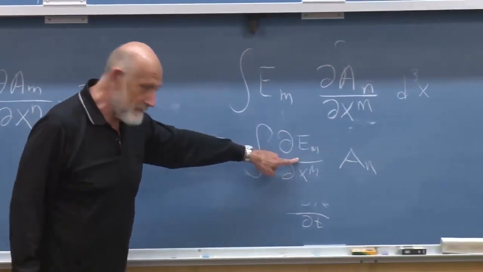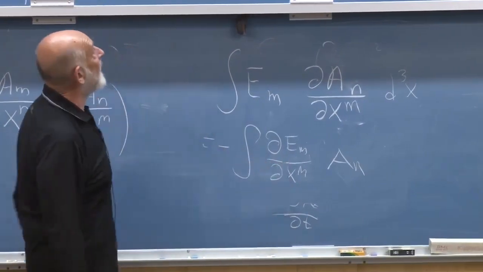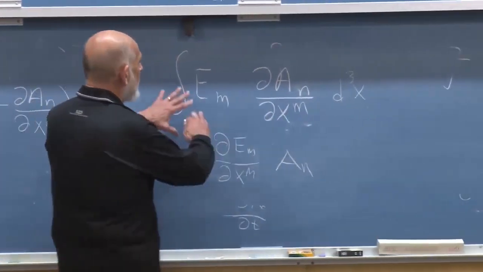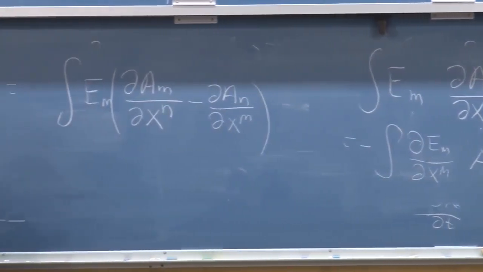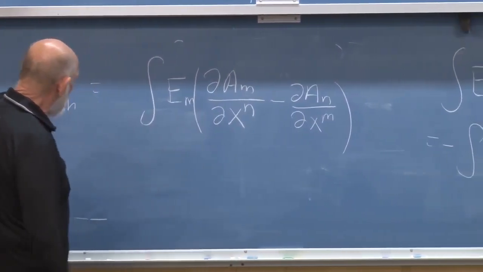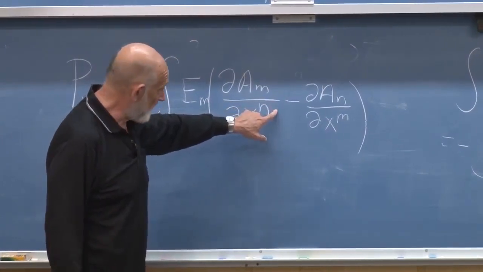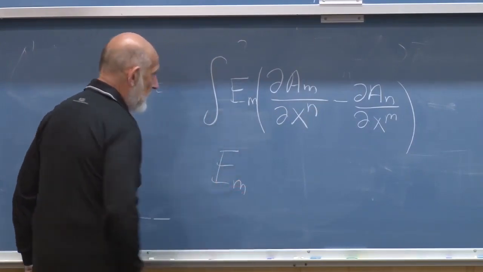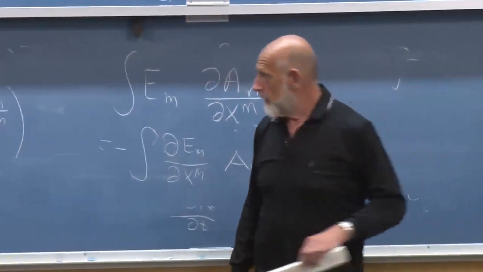But what do we have here? The divergence of the electric field, del dot E. And that's one of Maxwell's equations, that del dot E is equal to 0. So this added term in the integral doesn't contribute anything. That means that the total momentum can be written in terms of the electric and the magnetic fields. This is actually E cross B. If you work it out, you'll find out that